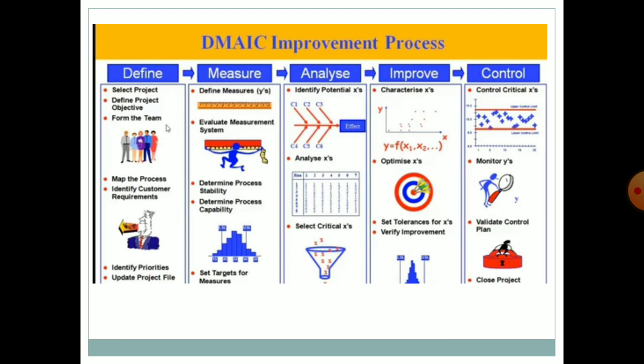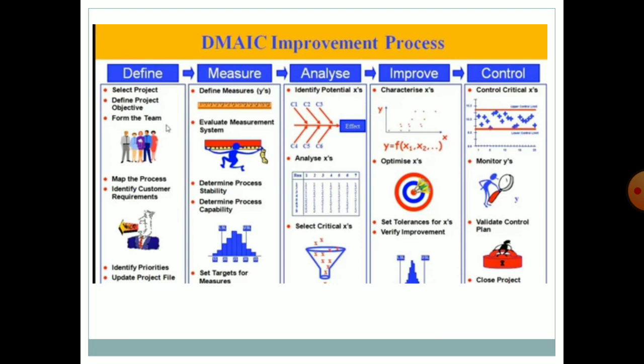So all the components produced using that machine should lie within this range, and if any component goes out of this, either below the lower limit or above the upper limit, then that will be a rejection. That is counted as a defective part. So we have to first set the process for which we go for Six Sigma. First is selecting the process or a project. Here it is called a project. We have to select the project.